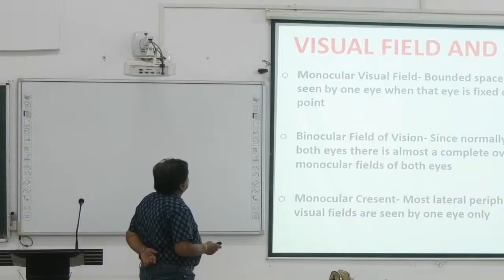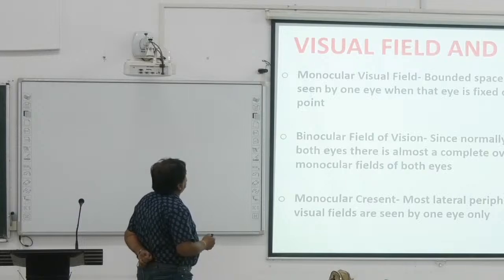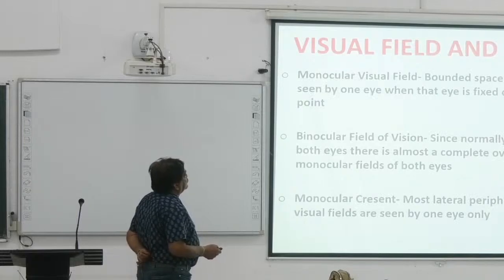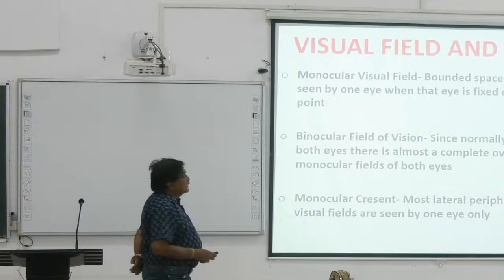Visual field and retina. Monocular visual field: bounded space of environment seen by one eye when that eye is fixed on a stationary point. Binocular field of vision: since normally we see with both eyes, there is almost a complete overlapping of the monocular fields of both eyes. This actually,